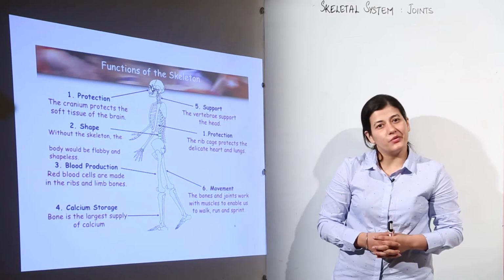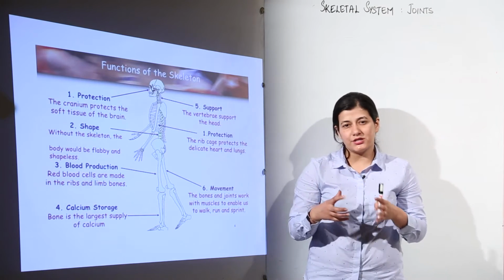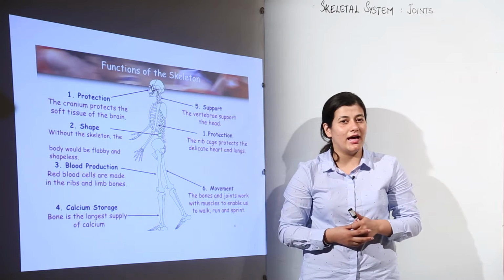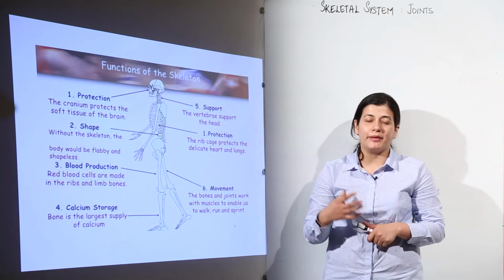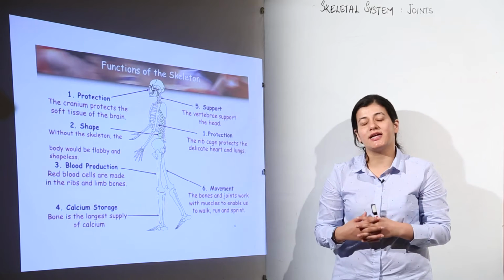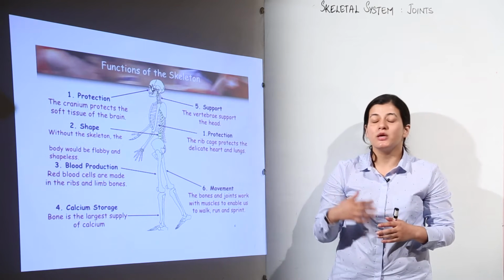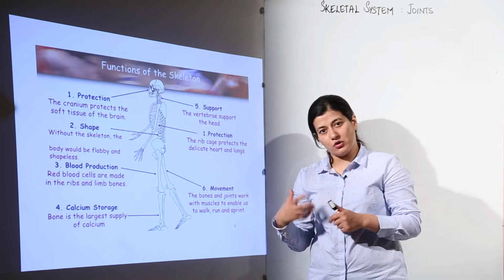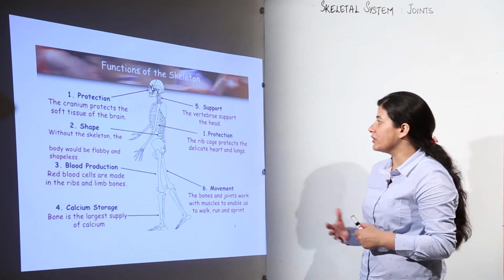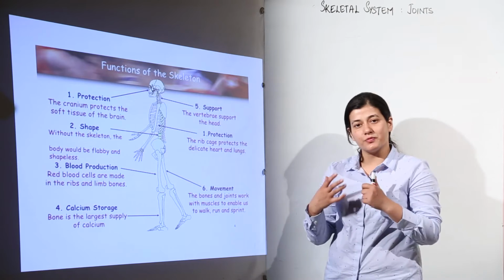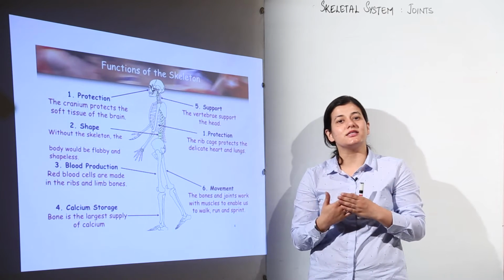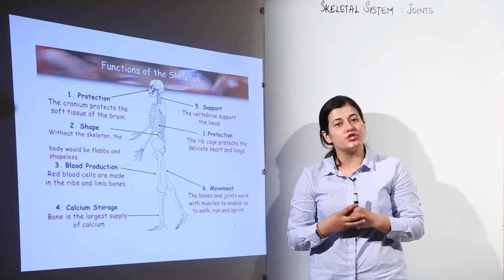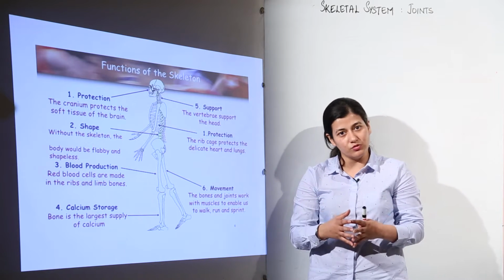Now we are going to study about the human skeleton, a few introductory slides, and then we are going to understand about the joints, the types of joints that are present in our skeletal system which enable the movement that is responsible for locomotion. And you know that our topic of study and concern is locomotion. So basically it is the skeletal system along with the muscular system which is responsible for bringing about the movement.